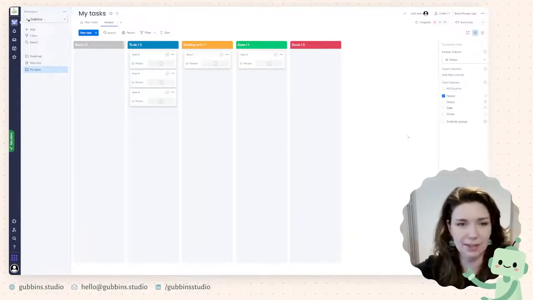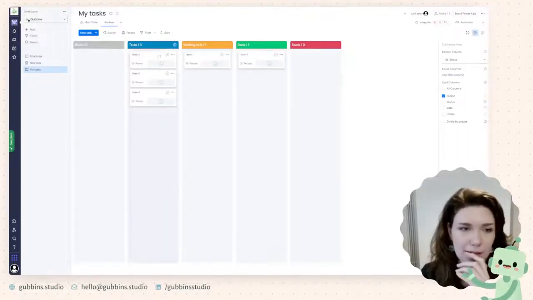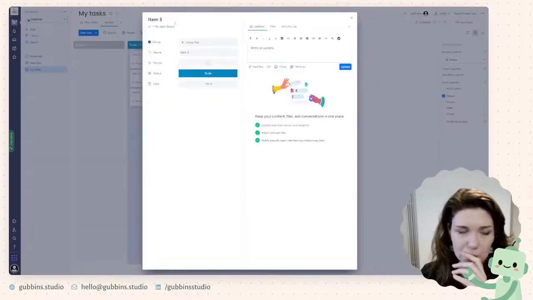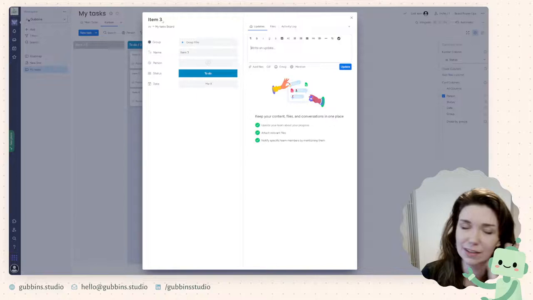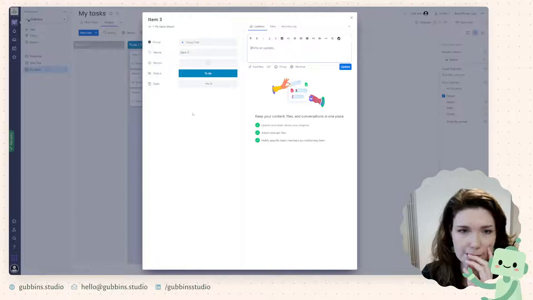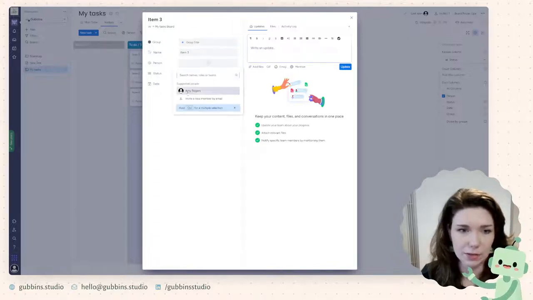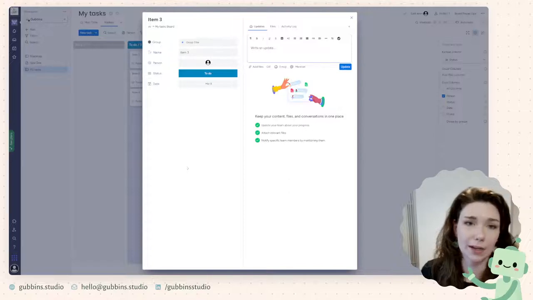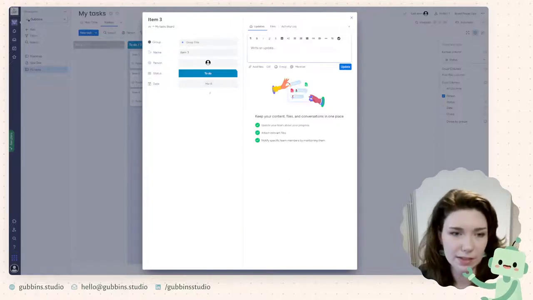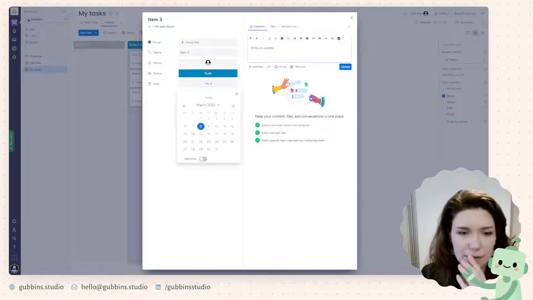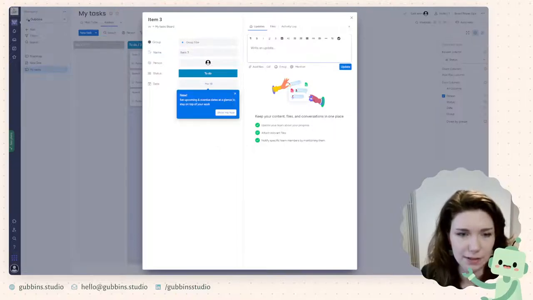Okay, so now we have the Kanban view set up where we've got tasks on the left, and then we can move them through. Each task has the name of the task at the top. Can you add subtasks? Does not look like it, but you can assign it to yourself. So if you're working with other people, you can track who's working on what. The status, that's the thing from before. What else was I? Oh, due date. So if you wanted to set it to the 18th,